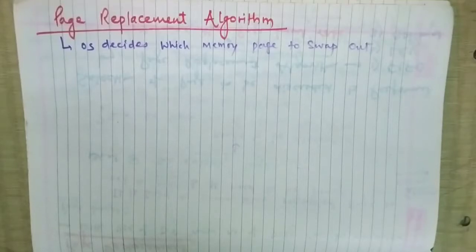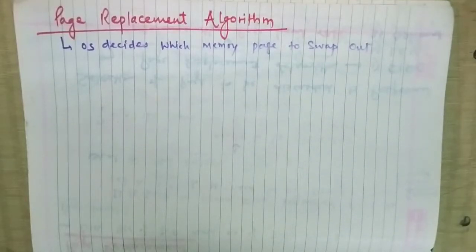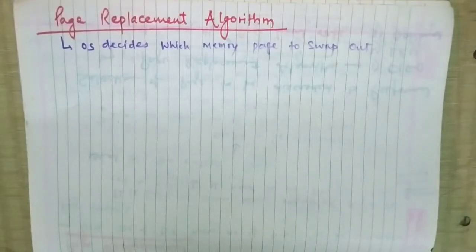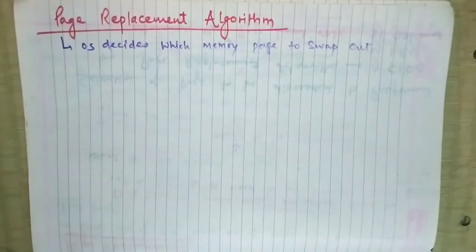When the page that was selected for replacement and was paged out is referenced again, then it has to be read in from the disk, and this is required for IO completion. So this process determines the quality of the page replacement algorithm. The quality of the page replacement algorithm can be easily determined from the page faults. More number of page faults means the quality is not so good. If there are fewer page faults, then the quality of the page replacement algorithm is very good.